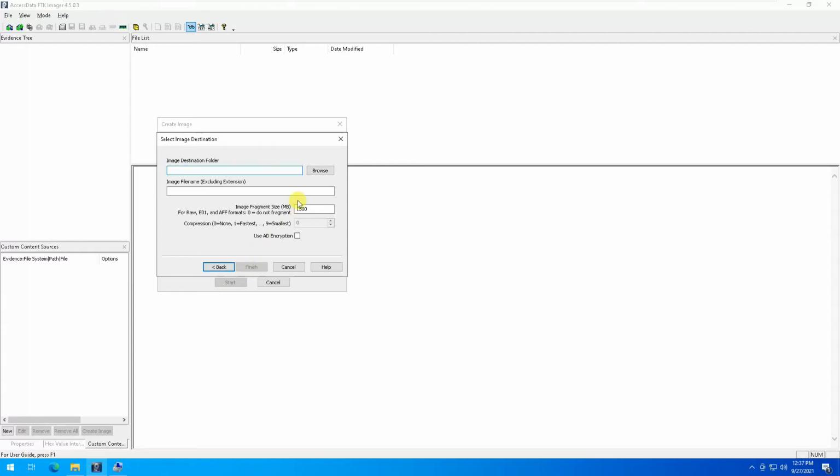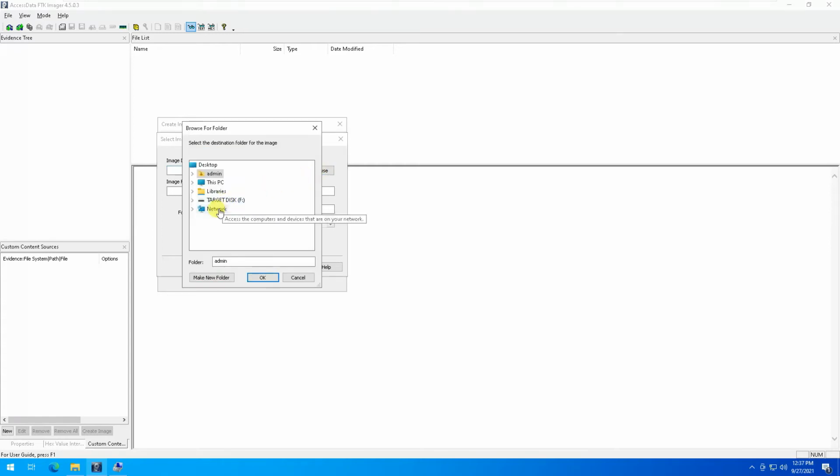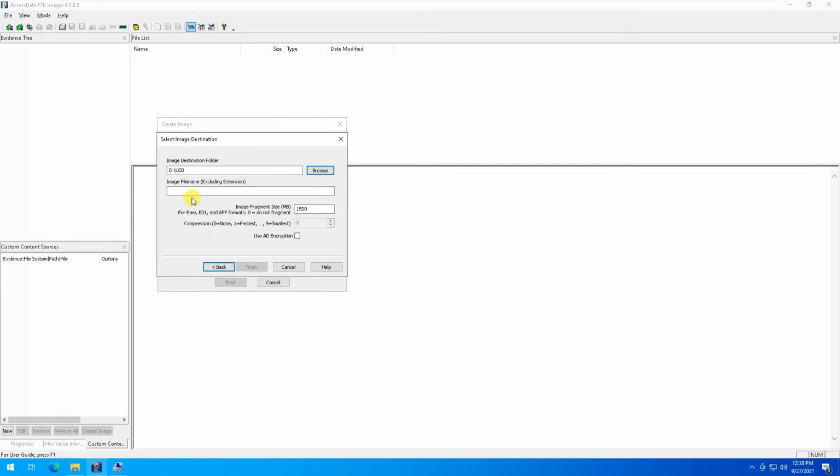Press next, and now it's asking for the destination where you would like to save the file. So I'll select browse, and we'll go to This Computer, and on the data drive I'll create a folder over here called USB, and I'll select that. Here we'll give the name of the file. For example, we'll call it USB, and then we'll use the same naming convention as 001, and then we'll say